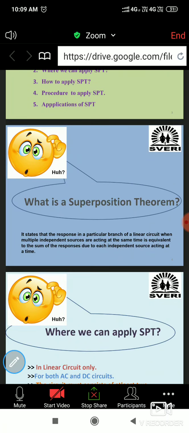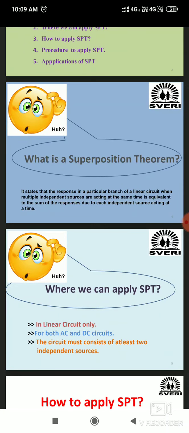When we hear the name, what is the superposition theorem? We will think, what is this? This will be new. हा सगळ्यांसाठी नवीन आहे की नाही? This is superposition. Have you heard this word? हे word तुम्ही ऐकलंय का कधी? Okay, this will be new. Whenever something is new, the question will come to mind: what is this one? What do you mean by this word? What is this theorem? Okay, that's why a symbol is given.